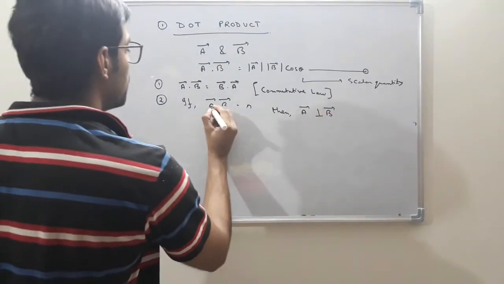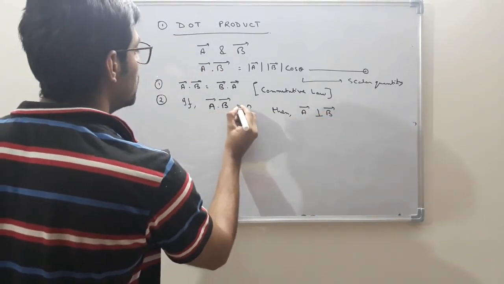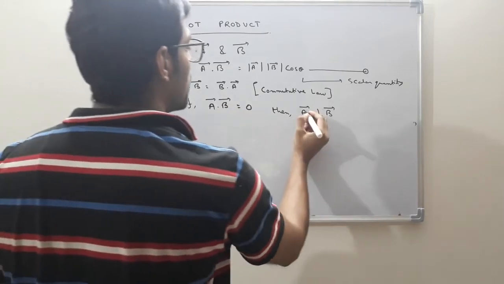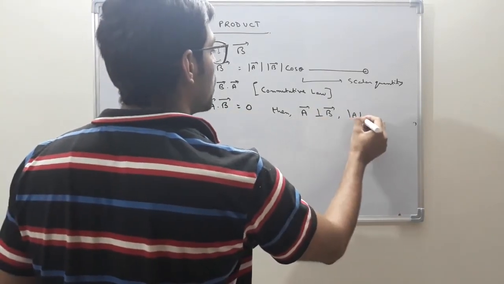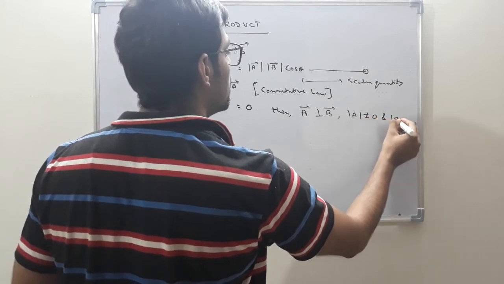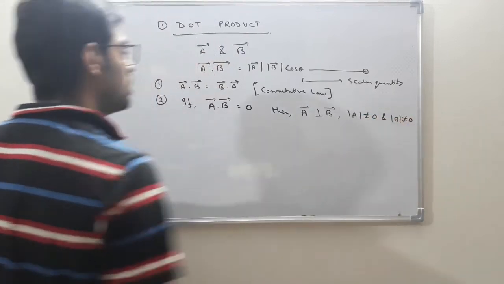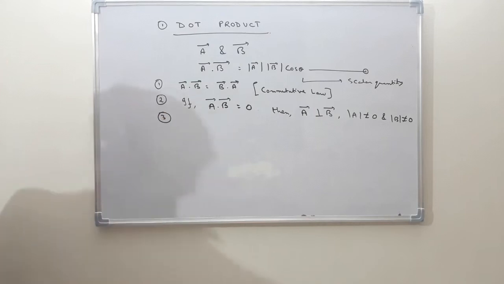So it was an important property: A dot B equal to 0. Then A vector is perpendicular to B vector, given mod A not equal to 0 and mod B not equal to 0. Now, the third point of discussion is that